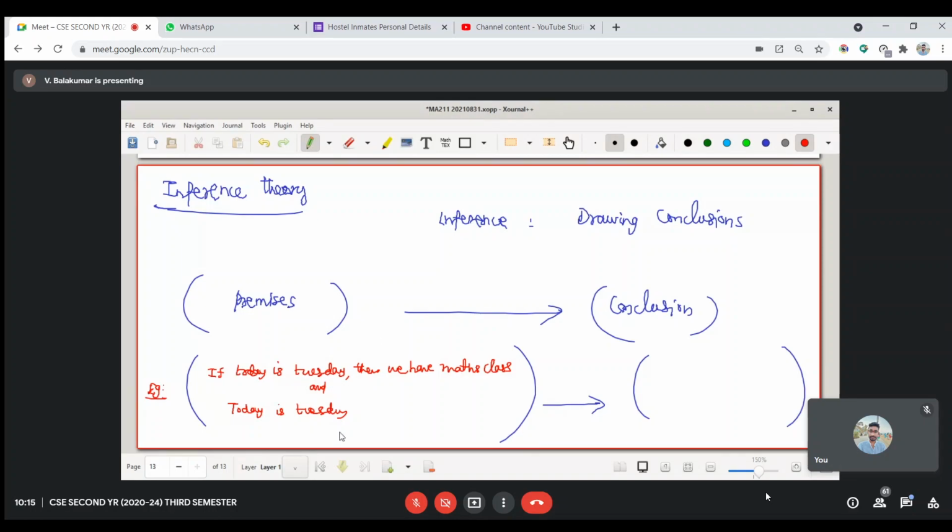You see, two sentences I have written. Can you give me some conclusion? We have math class. Anybody can try this inference. Nobody can escape from this conclusion. We have math class. Everybody will get the same conclusion. I cannot say we have no math class.